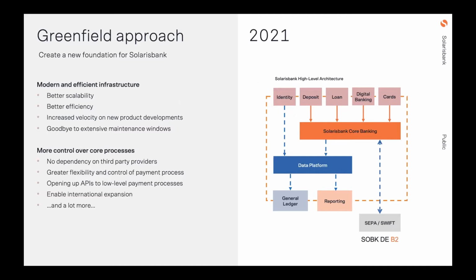And that's when we decided to go a slightly different approach, and also a different approach to the majority of competitors. We said there is a core piece of a bank we want to own ourselves, especially as a platform bank that is serving many different business cases of our partners, the fintechs. And this was the payment ledger system and the payments integration, because we saw that by owning this, we have better control or full vertical control over the value chain, and we can build processes catering to our needs and not just being a ticket in a vendor backlog where we might or might not get a priority. And this would allow us to also build features based on our own internal priorities and also demand of our partners, and not so much,